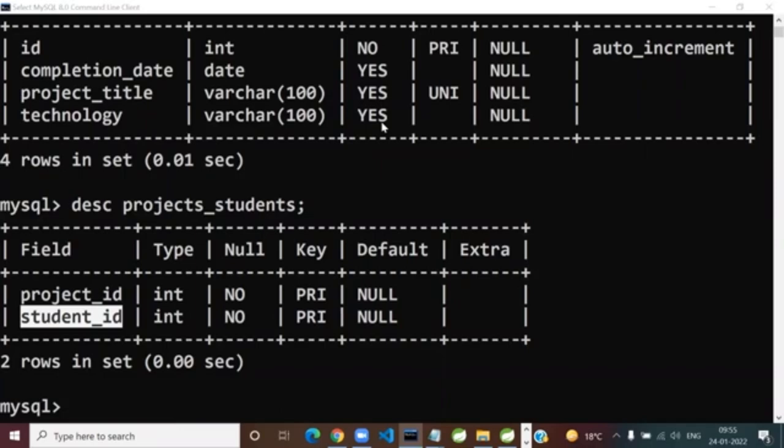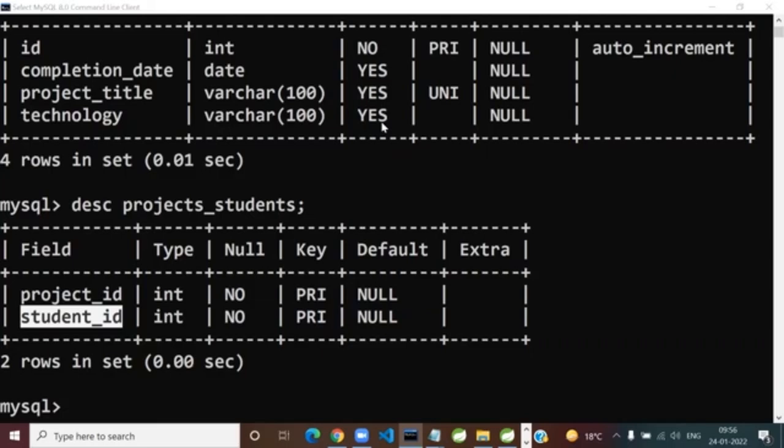The answer is yes. So when I give you time, or when we have time, I'm going to ask you to write a launch new project. You must be having a project team, so the project team or you yourself decide the project type, the project title, the technologies you are going to use, the most likely date of completion, etc. And a record gets created. Now answer the next question. Can you create a student record in the students table without linking it to a project? It's a Boolean question, yes or no?